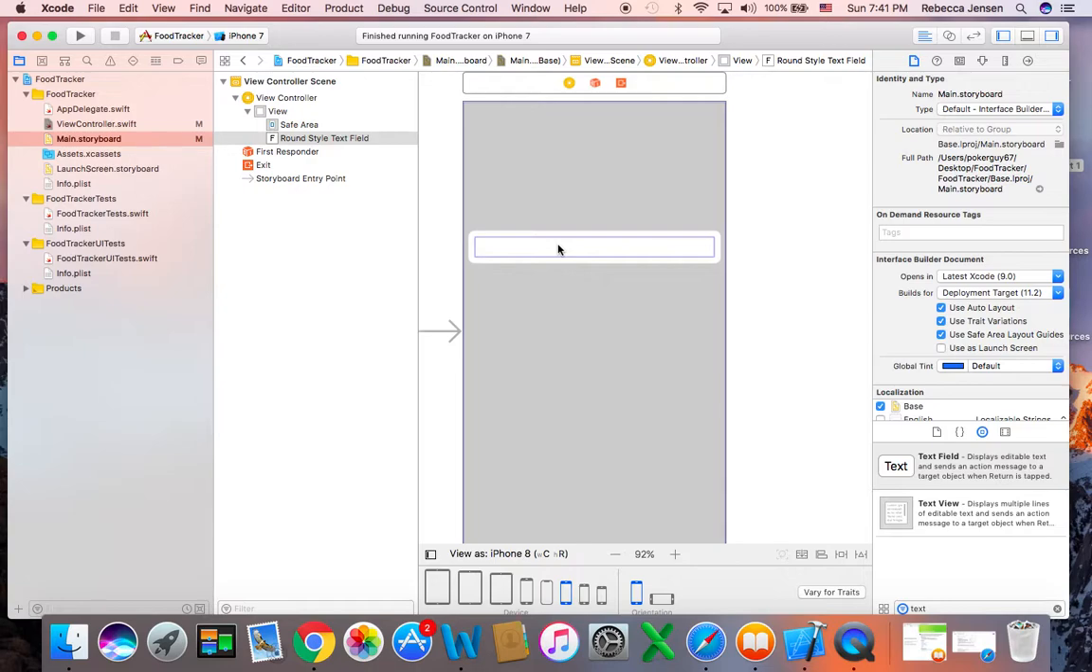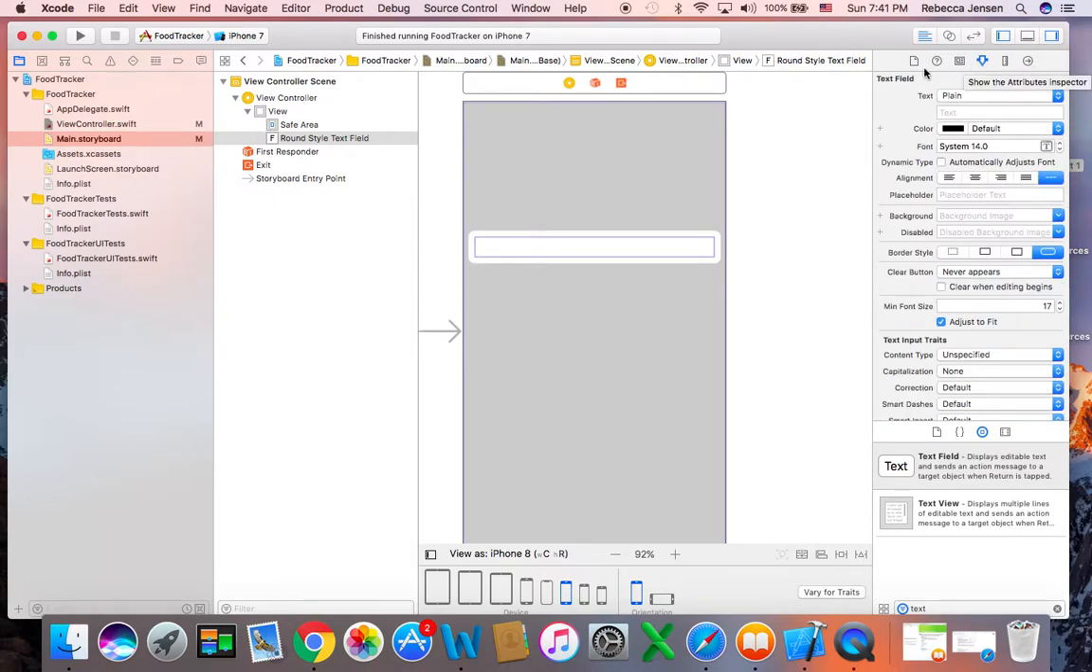We're going to open the attribute inspector in the utility area, which is this little down arrow on the top right-hand side. It says show the attribute inspector. And notice that it says text field. If I don't have the text field selected, it won't show me the attributes for my text field. So if something happens, make sure you have it selected. So the attribute inspector appears,